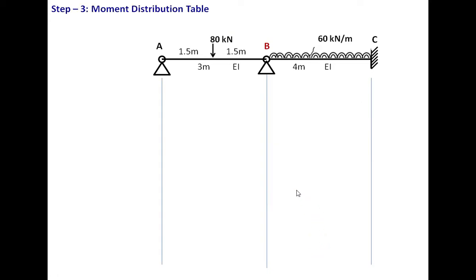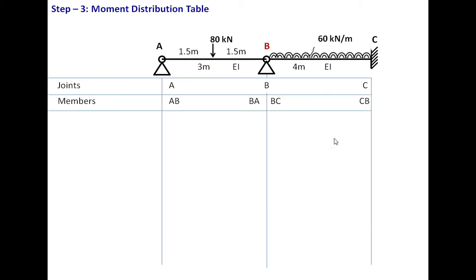So now the next step is a very important step of this particular problem, called the moment distribution table. In the moment distribution method, we have to draw the basic beam and the loading, and then we have to draw the faint lines in which we will construct the moment distribution table. The first step in that is to write the joints. Now there are 3 joints, A, B and C, so we have to write the joints. Then we have to write down what are the members. Like here this will be known as AB, this will be known as BA, this is known as BC, and this is known as CB.